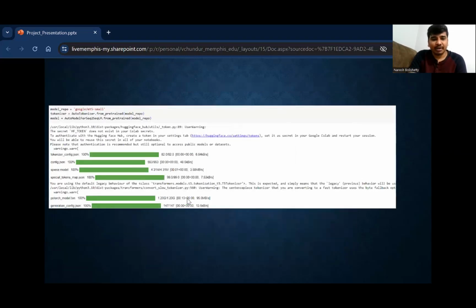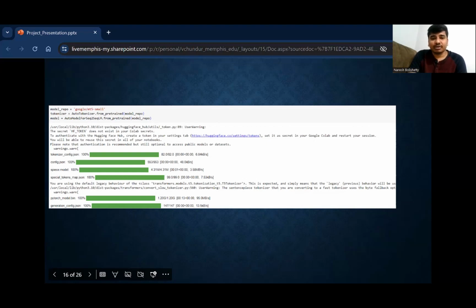And coming to the next slide, here we have, in our project, we utilized the MT5 small model and downloaded the corresponding tokenizer specifically tailored for the MT5 small variant. This choice allowed us to optimize resource usage while still benefiting from the capabilities of the MT5 architecture. By selecting the small model variant, we aim to strike a balance between model size and performance by ensuring efficient execution while achieving satisfactory translation results.